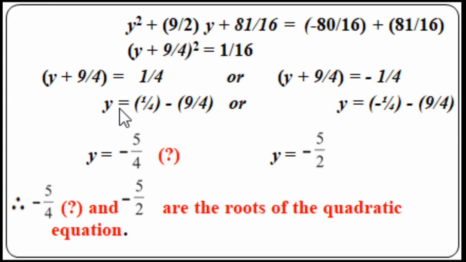So by solving this, we get 1 minus 9. So 1 minus 9 is minus 8 upon 4. It should be minus 2, but the answer given in your textbook is minus 5 upon 2. So I have a doubt in this. Therefore I have put a question mark here. Right hand side, this side is okay. y is equal to minus 1 upon 4 minus 9 upon 4. Here minus 1 minus 9 is minus 10 upon 4, which is equal to minus 5 upon 2. So we'll solve this later.